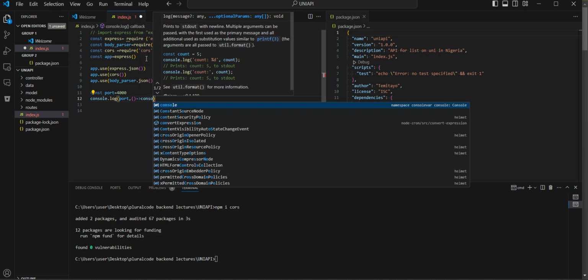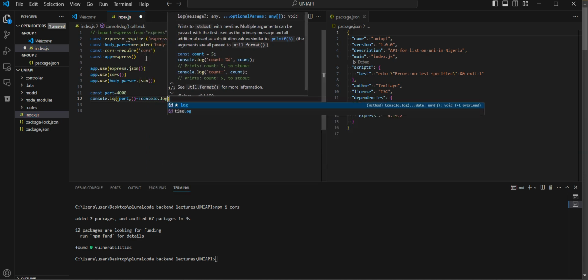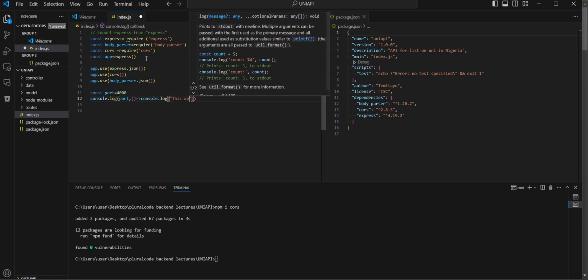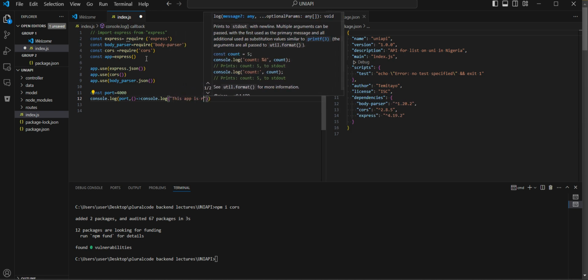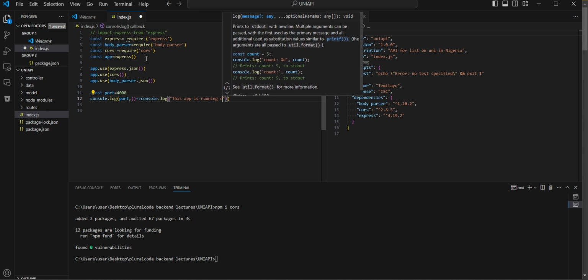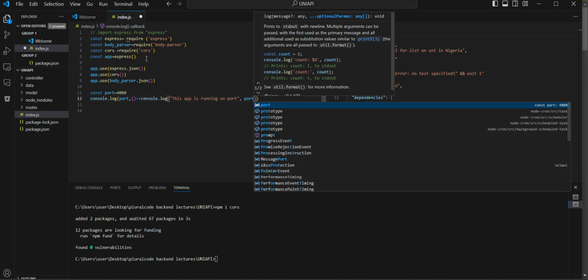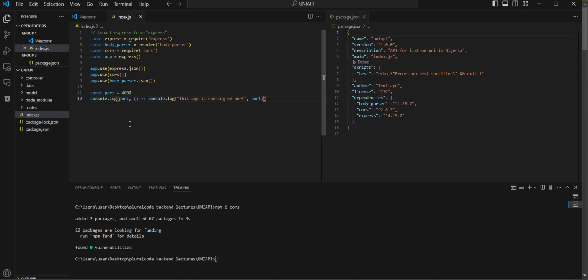So I'm going to say console.log. I'm going to say this app is running on port, which is port. Okay, so before we fire up this server to start the application, in most cases when you are